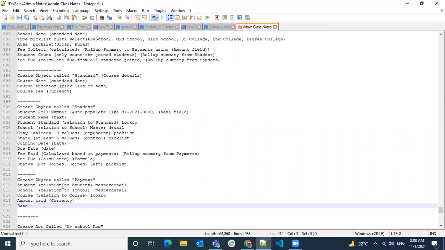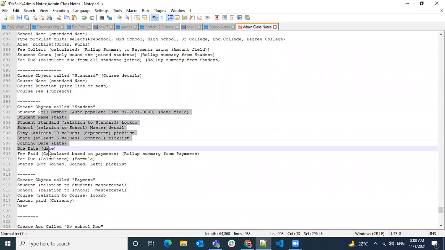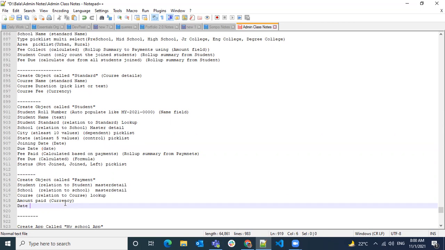What was that? You created a roll-up on student? There is a fee paid field in the student object calculated based on payments. Yes, fee paid. Okay. Yeah, so that one is a roll-up field. In the same way, I have created fee due.